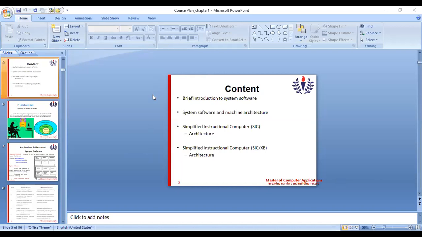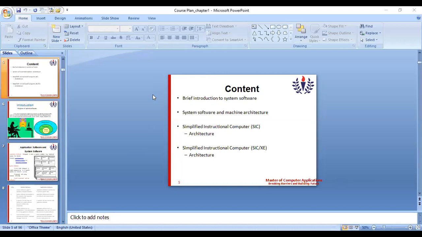Hi everybody. Today we are going to start with the session on introduction to system software. System software is a set of programs which is used to control the computer.